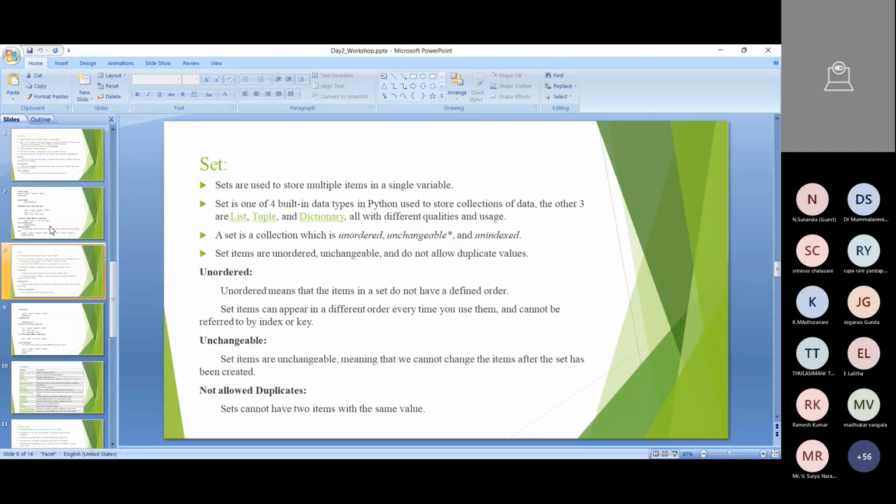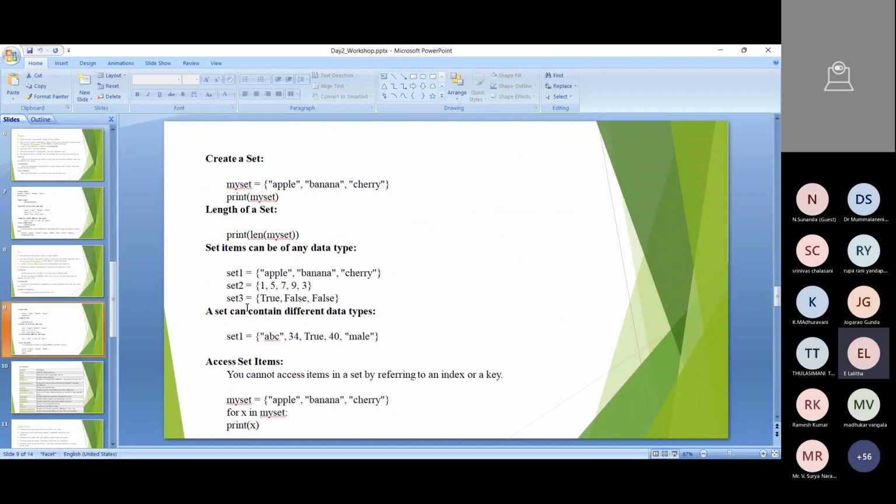Set is unordered. Set is unordered and unchangeable and does not allow duplicates. This completely reverses the list property. Fine. It is completely opposite to the list property. The set is unordered, unchangeable, and does not allow duplicates. Already we worked with all the properties yesterday. And once you see the set methods,